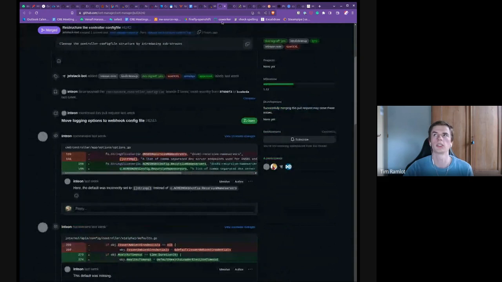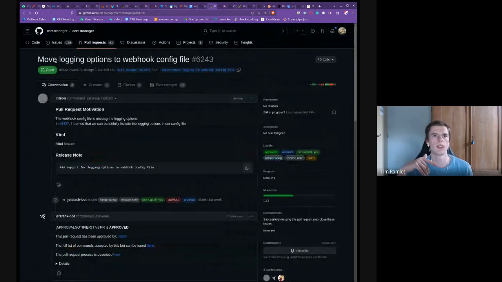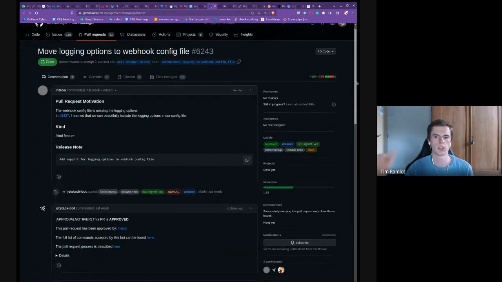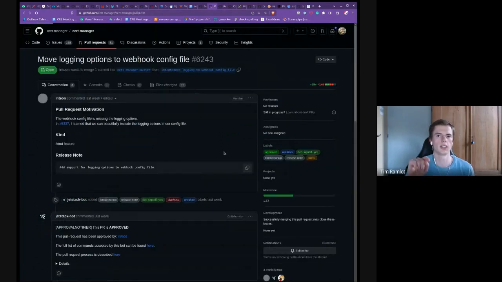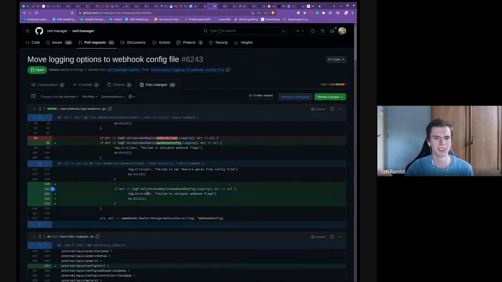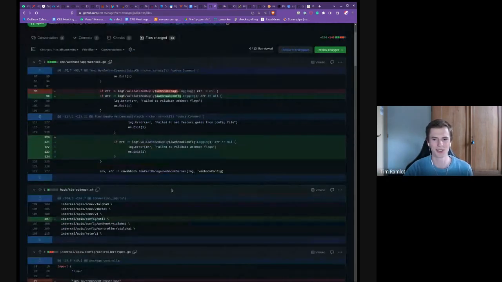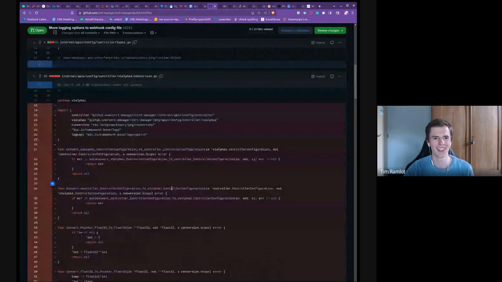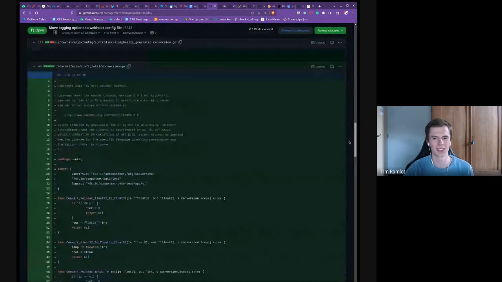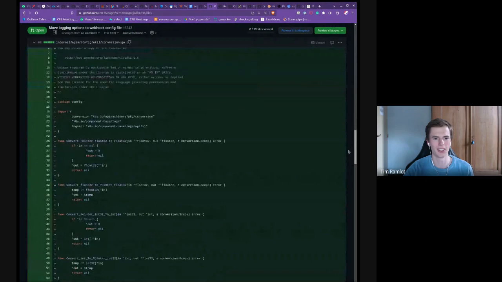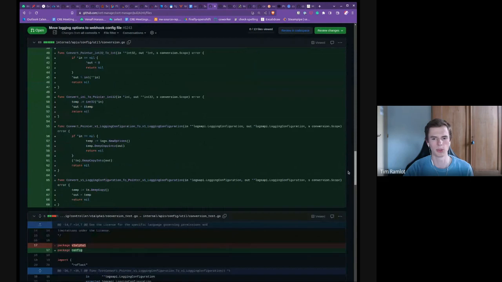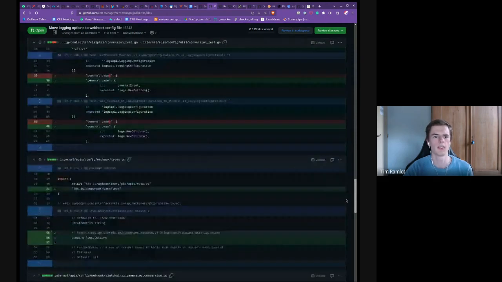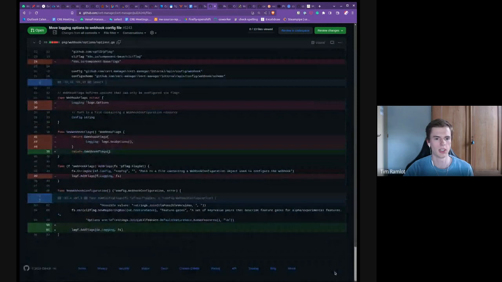And there are some other PRs. One of them is to move the logging configuration. So the logs in the webhook currently are only configurable through the CLI. I think that's my mistake. I added that only in the CLI because I didn't understand how the config file stuff worked. But Cody figured out that you can also configure that through the config file, so I tried to do that just like he did for the webhook too. That's another PR. And then there is one more PR to clean up some of this loading code,